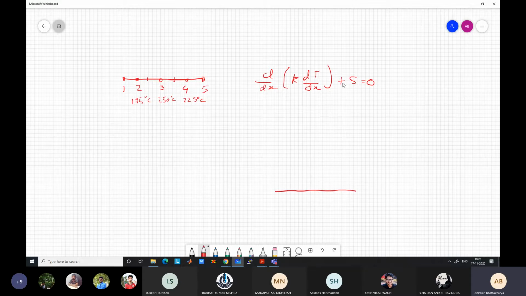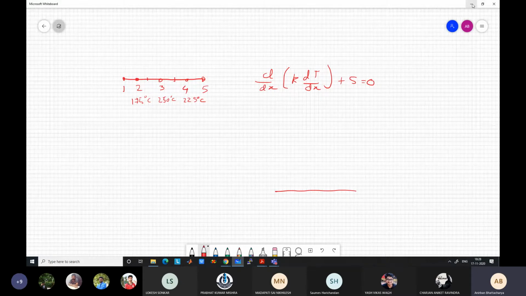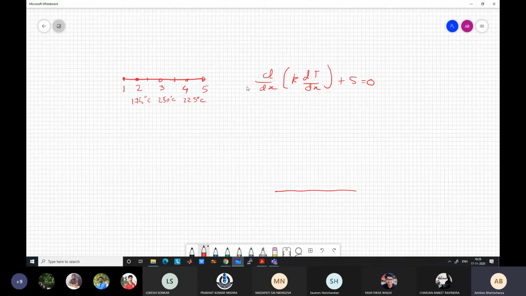Obviously, temperature can be calculated from this equation, but I want you to show what is the final result. Then I can say that this can be discretized and solved to calculate temperature, so I don't need to solve also. But that is not the point of this problem. You have to find the actual values. Solve the CFD problem and find the actual values. Okay, and then you have to find the heat flux at the center point.